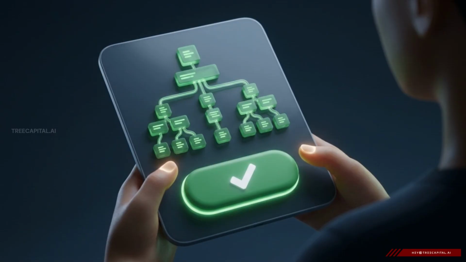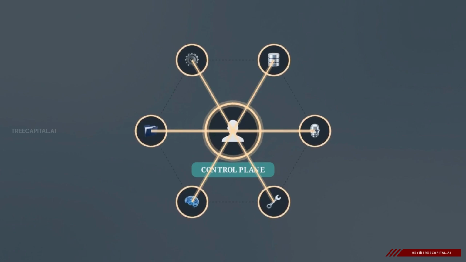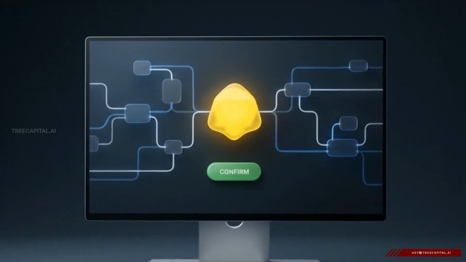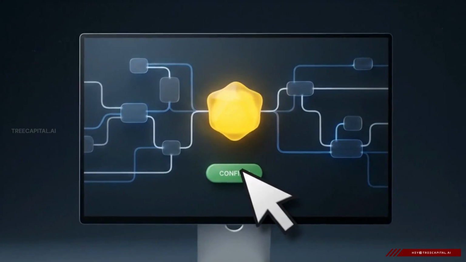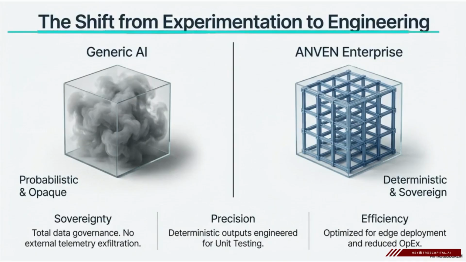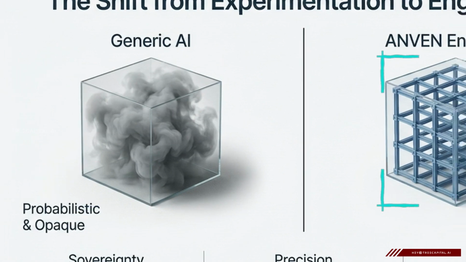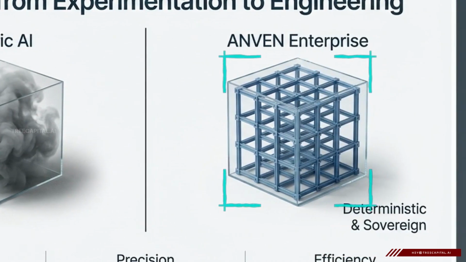The agent surfaces its plan and waits for explicit human approval before proceeding. Building human intervention into the architecture provides a necessary control plane that forces the system to optimize for context and consequences, turning raw autonomy into reliable enterprise accountability. This schematic contrasts probabilistic AI with engineered deterministic execution. Instead of treating AI as an opaque cloud where you hope for the right answer, the system functions as a sovereign architecture built for precise, verifiable outputs.